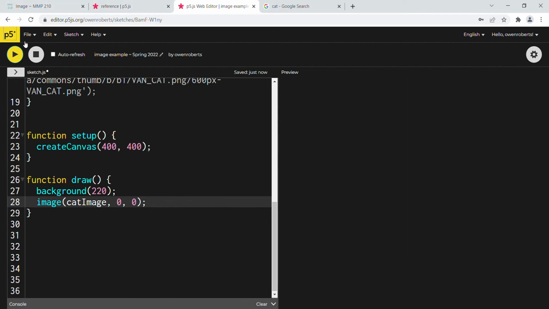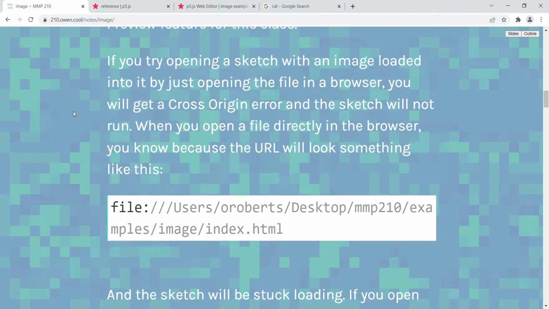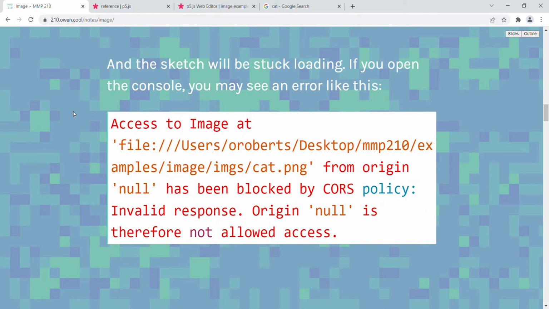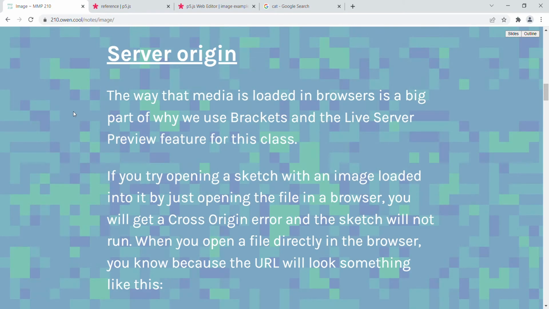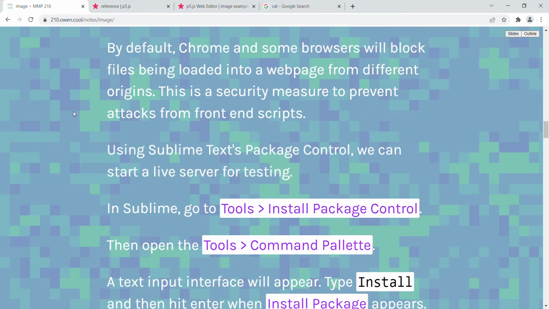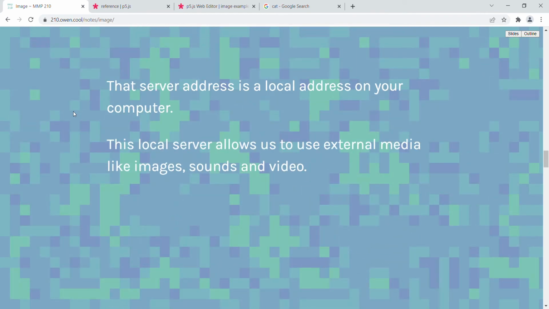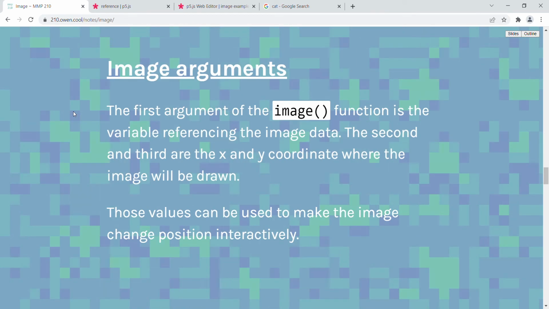So let's look at what else we can do with our image. This isn't really relevant because we're using the web editor, so this whole section we can just skip. This is when I used to just use Sublime Text and GitHub and stuff, but